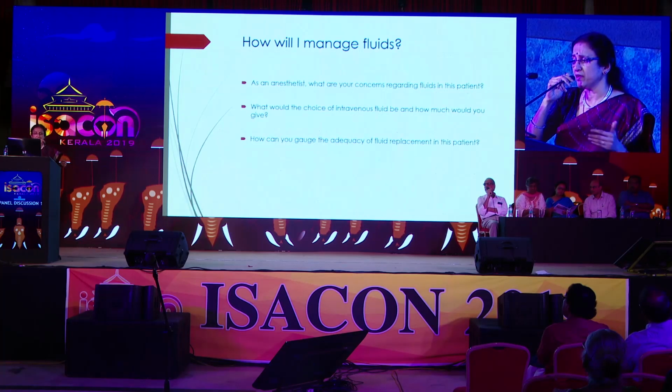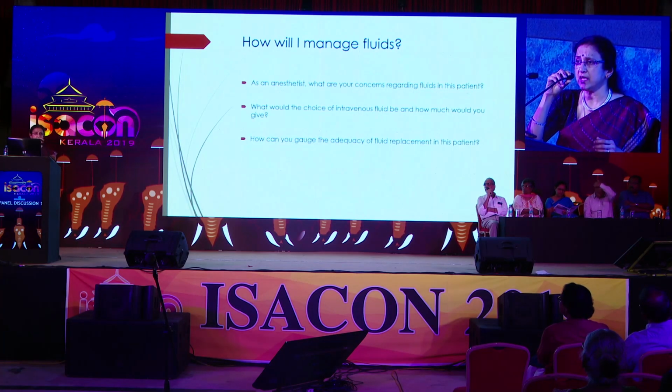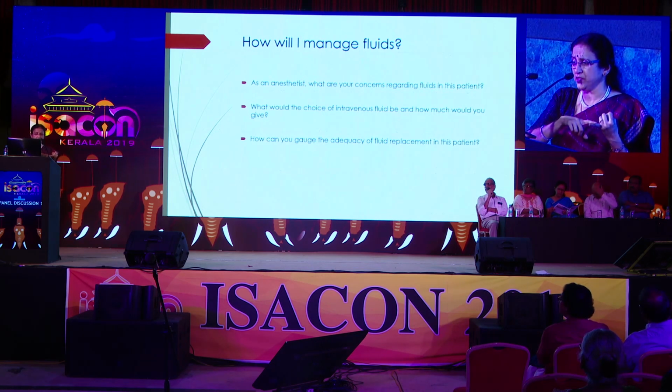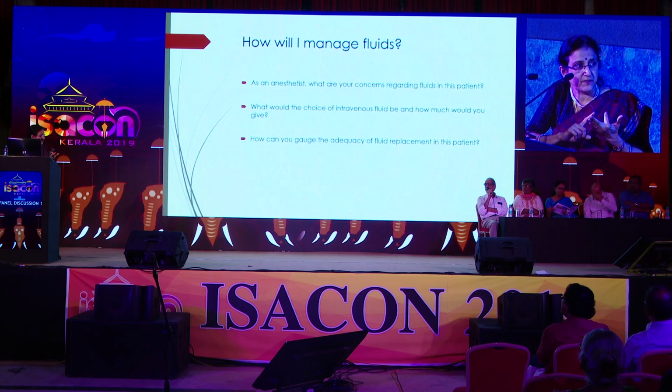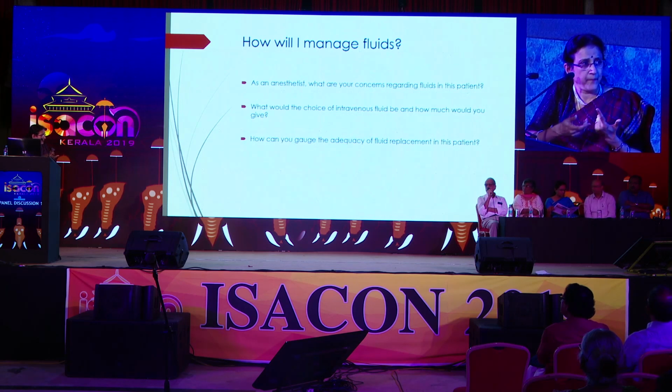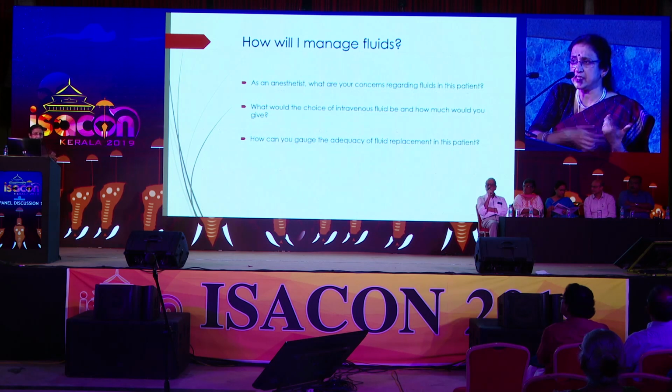He has said the intravenous fluid he would choose would be a balanced salt solution. And perhaps I would differ here. I would like to give a potassium-free solution in this because I'm worried about the probability of potassium going high. So that's why I asked if any of you have different ideas. And he has said he would gauge the adequacy of fluid replacement by CVP, although it is controversial. I'm sure he would look at the urine output and by minimally invasive cardiac output monitors, perhaps looking at the stroke volume variation and pulse pressure variation, and IVC, if the facilities and the access to the patient are available. Okay, so we now move on.